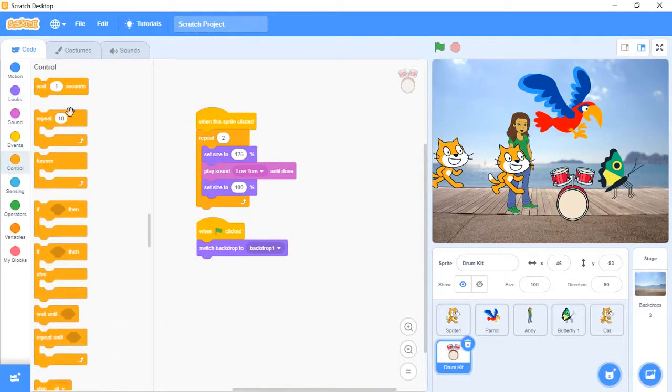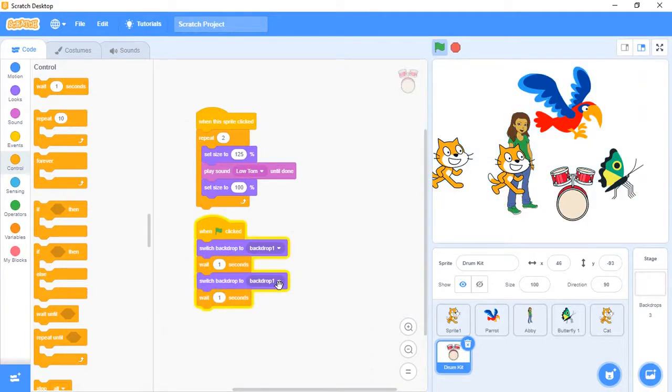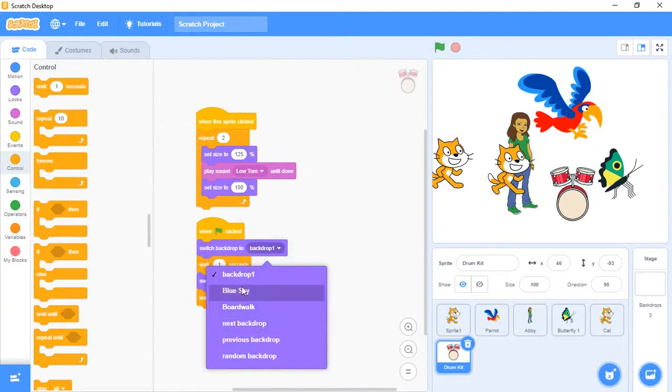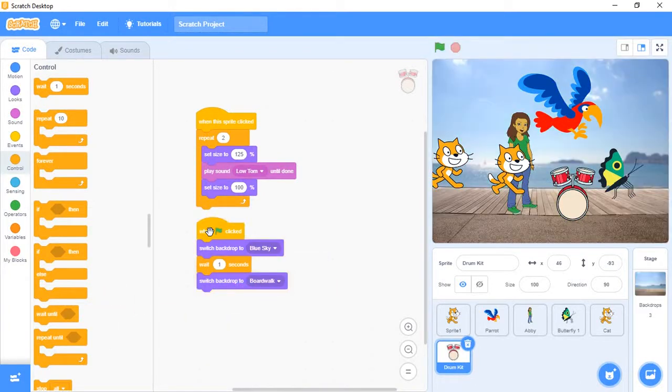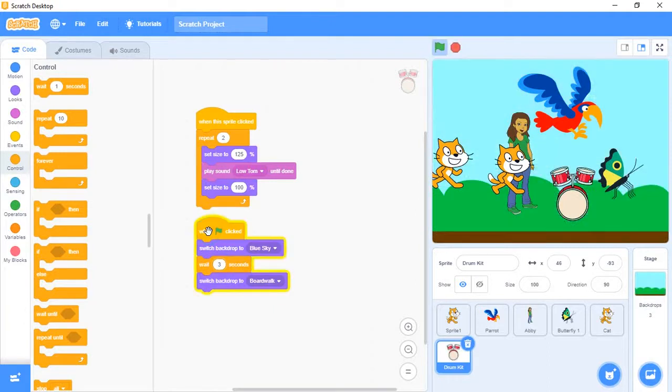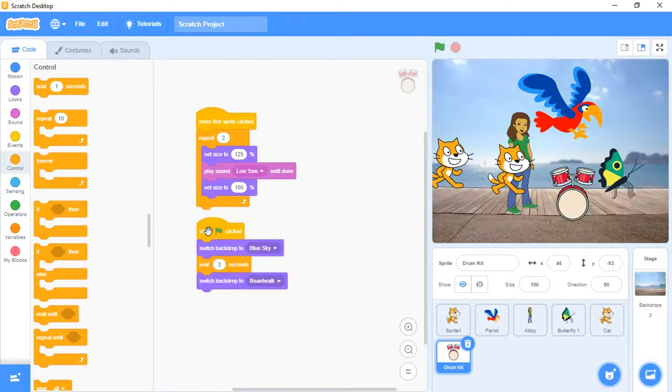Wait for a second. Okay, now check. See here, you change. Blue sky. After 3 seconds it will change to boardwalk. So this is about the backdrop changing.